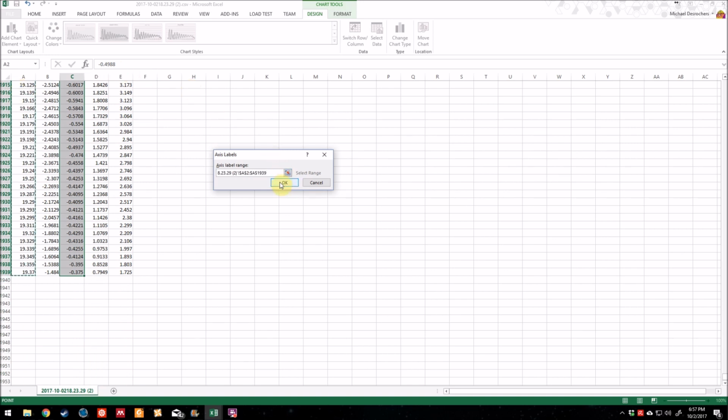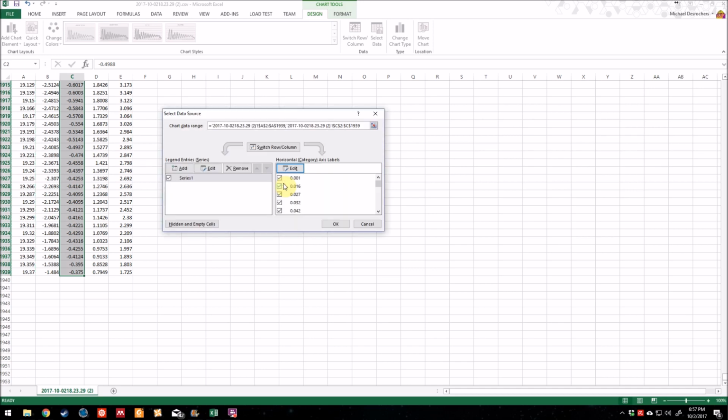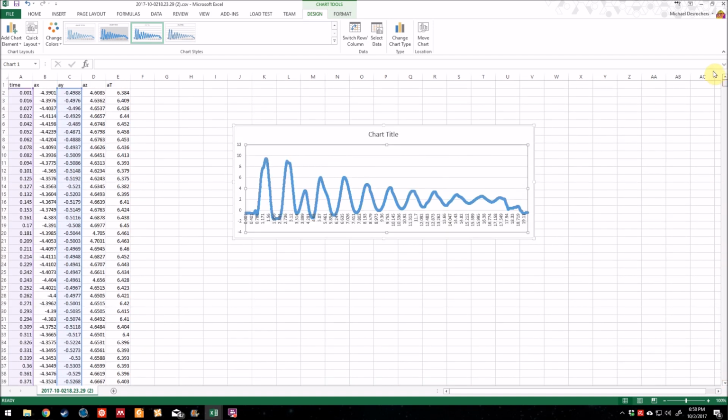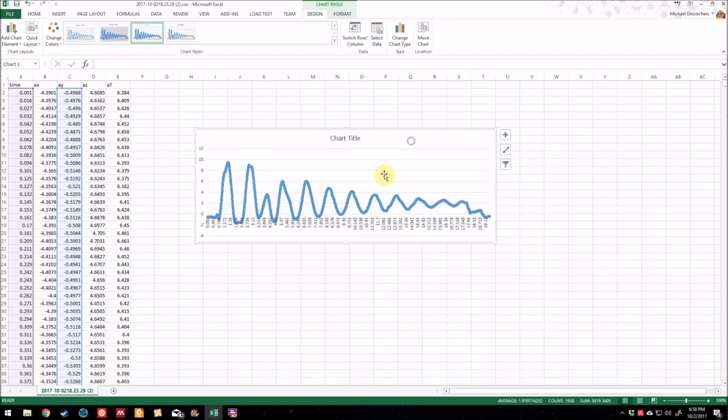Then hit OK. And then OK. Then we go back to the chart, or rather the plot,